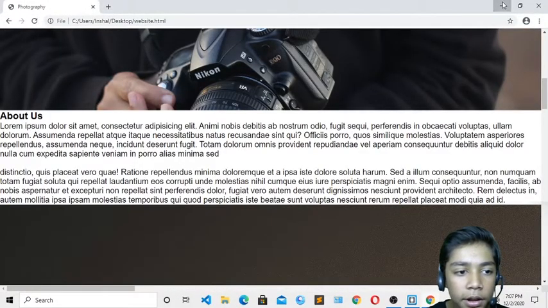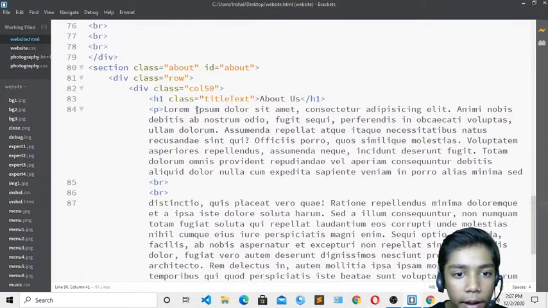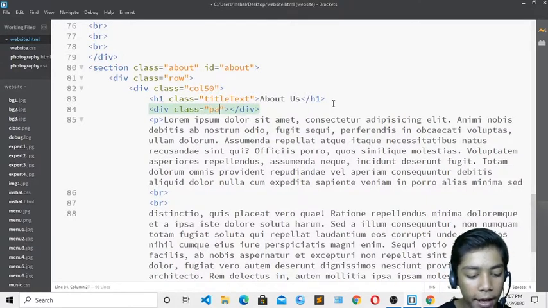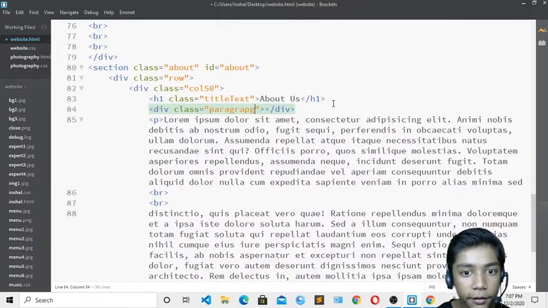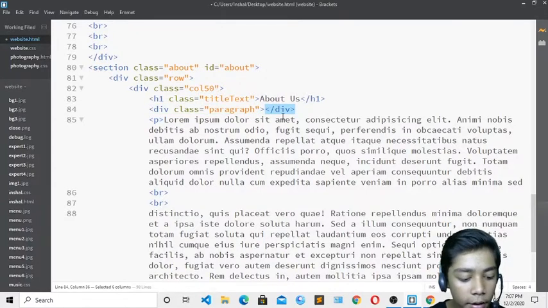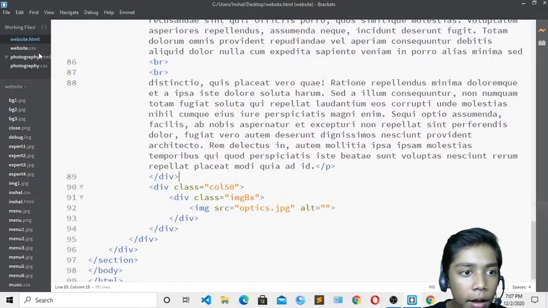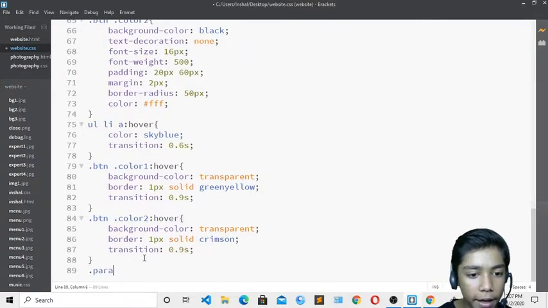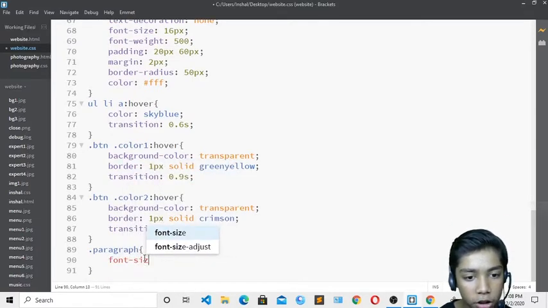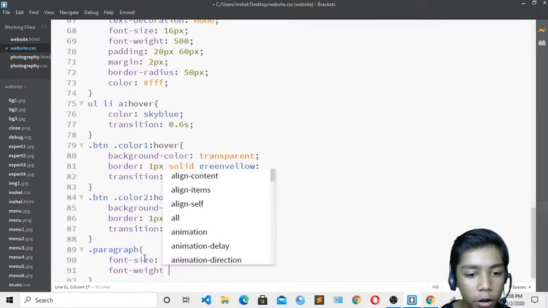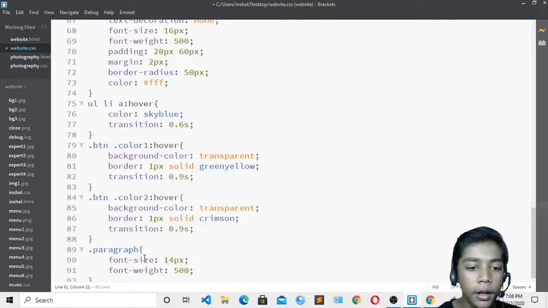So I have to do one thing. I will minimize that, and come to my lorem text, and I will add a div with class of paragraph over here. Okay, and I will copy this div from here, erase from here and paste that over here, and save. Now I will go to this and write dot paragraph, and right over here font size should be 13 pixel. Okay, it should be 14, so 14 is good. Font weight, which should be 500. And now till here I have done.